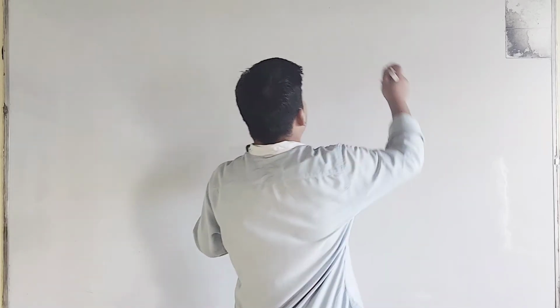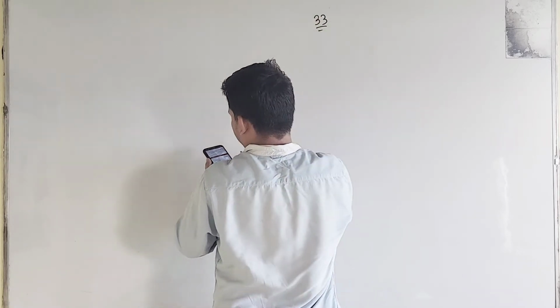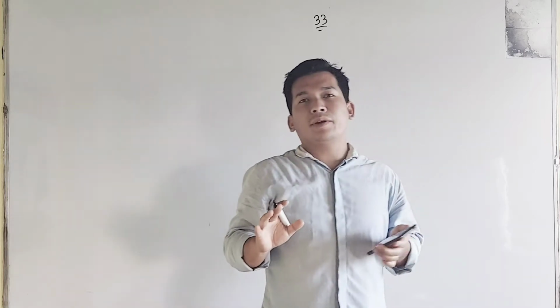Yesterday we have done up to question number 32, and now let us start with question number 33, and this will be the third type of question that is being asked from this chapter, units and measurement. Question number 33, we have a given equation F is equal to, according to Newton's,